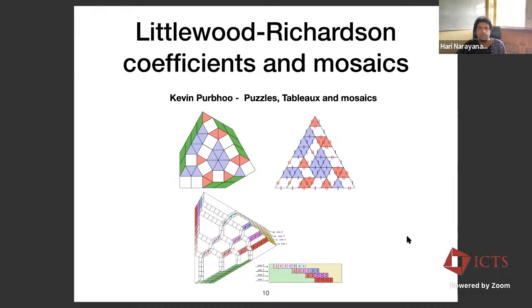So what do you mean? Is it a hexagonal tiling of some convex subset, or what do you mean exactly? Yeah, so this can be viewed as a square triangle tiling of a domain in which, so this part is